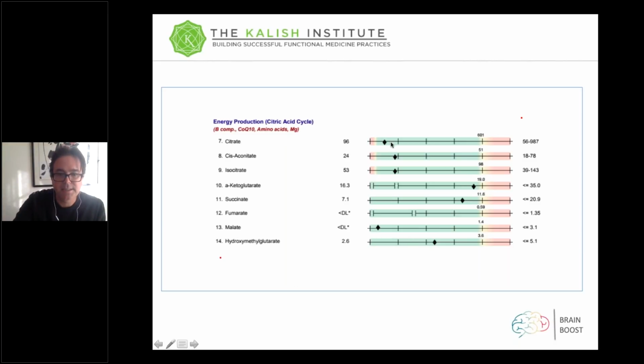And as you can see on my test, 7, 8, 9 were all down on this low side. 13 was below detectable limits of the test. Like, my physiology was not doing great. And once I did a proper adrenal protocol and got my hormones sorted, got rid of that infection, which was driving a bad stress response, and gave my body the precursors that it needed, it was seriously like turning the lights back on in my head. I felt like I was restored back to my factory default settings pre-child.